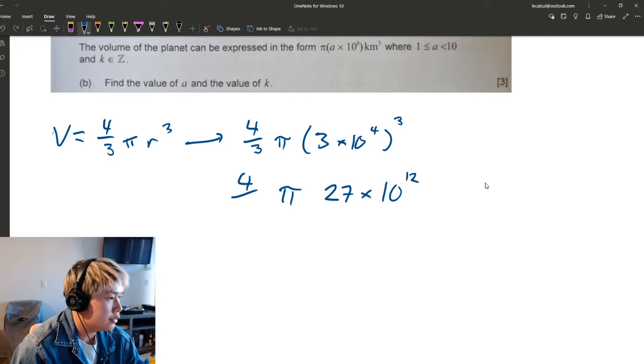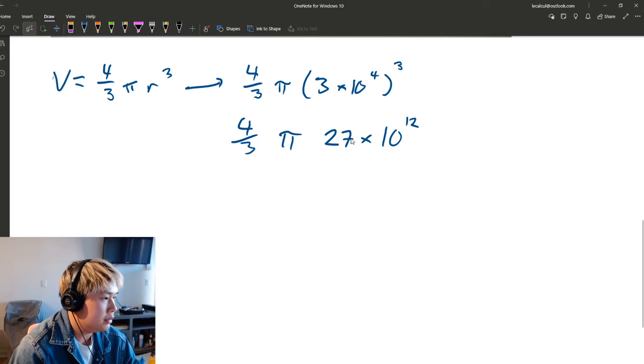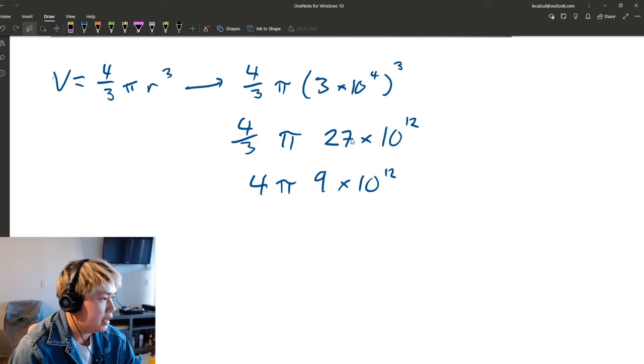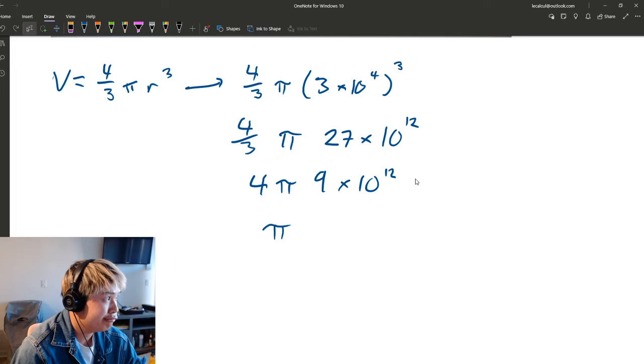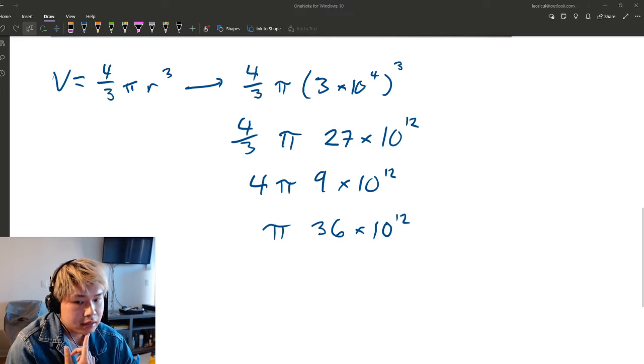And then this is 4 over 3. And then 3 and 27 are going to make 9, because 27 divided by 3 is 9. And then 4 times 9 is going to be 36 times 10 to the power of 12. And then